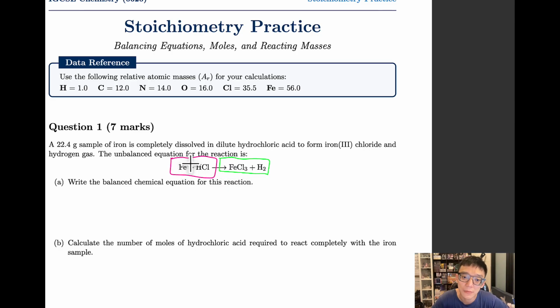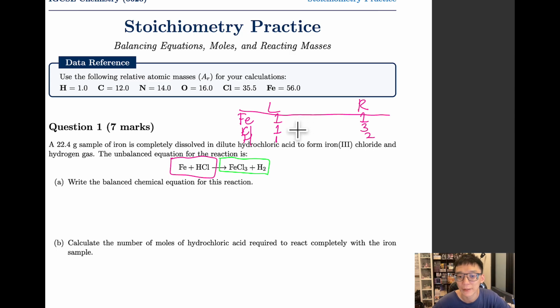For example, now we see the Fe on the left side and on the right side. We have Fe, then we have Cl, and then we have hydrogen. On the left side initially we have one Fe, on the right side one Fe also. So we don't need to do anything here. For Cl we have one here and three here. And for hydrogen we have one and two here. Okay, so this is kind of tricky because we have to make sure that both left and right have the